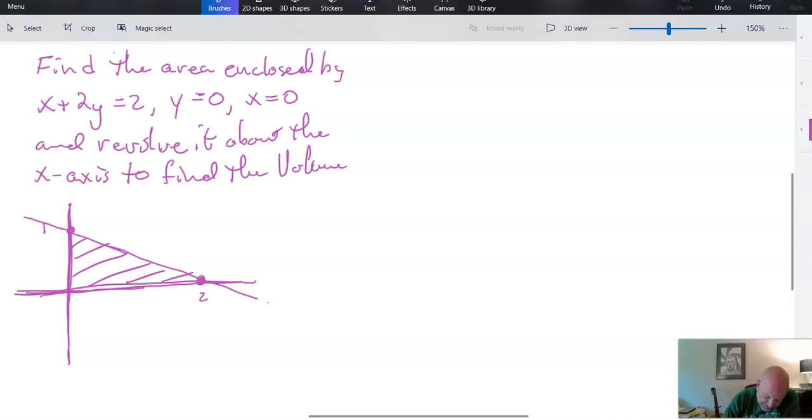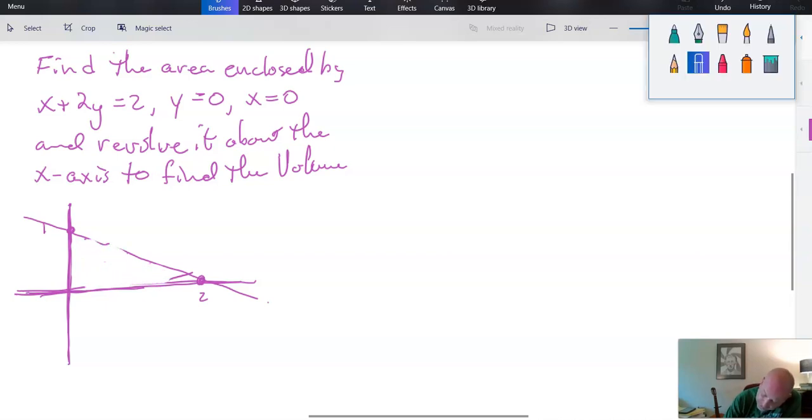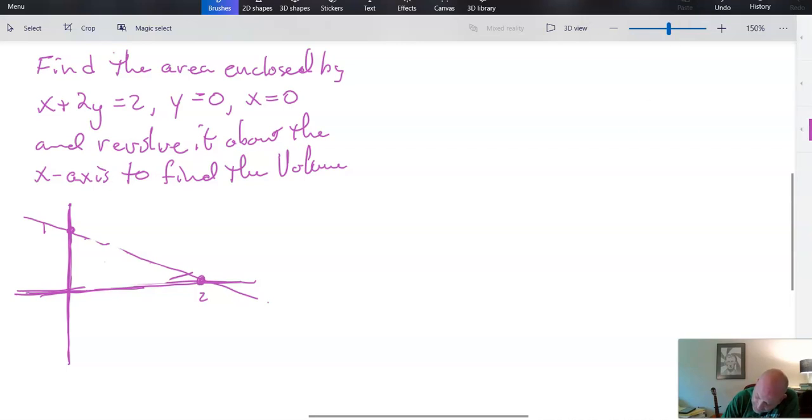So we want to take this thing and rotate it about the x-axis. Let me get some of that shading off of there so we can play. Really what we're looking at here is a cone, because once I revolve this, I'm going to end up with the rest of the shape coming down this way, and I'll be able to carve out a disc from here to here. So you can see the cone in here, right? And so one disc